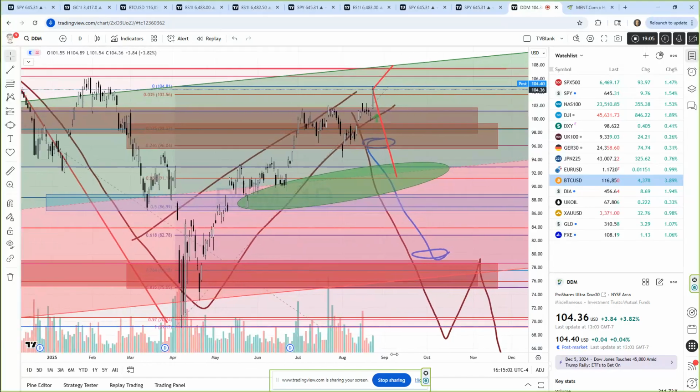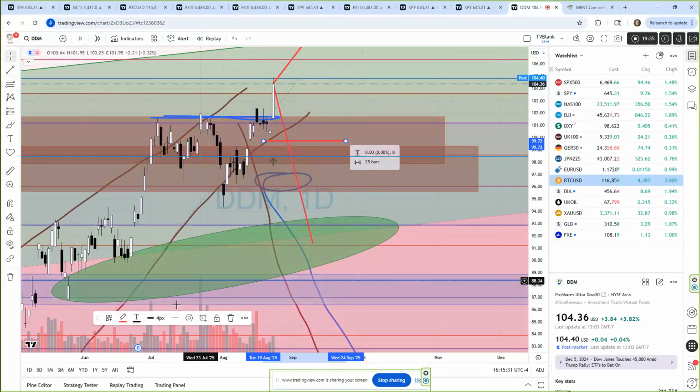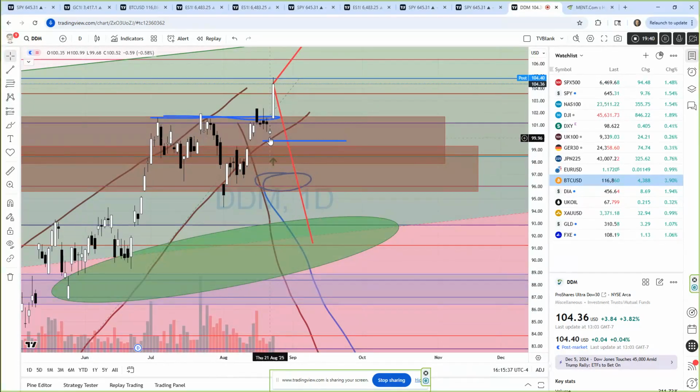Now, based on hypothetical Fibonacci price theory, which I like to use, we are currently in a bullish trend. We've broken above these highs. This is DDM. We've broken above these highs right here. We are in a bullish breakaway trend. In order for us to move away from this breakaway trend, we would have to get below this low right here. That is our current standout and unique low. It's actually a standout low, not unique. This is our unique low down here.